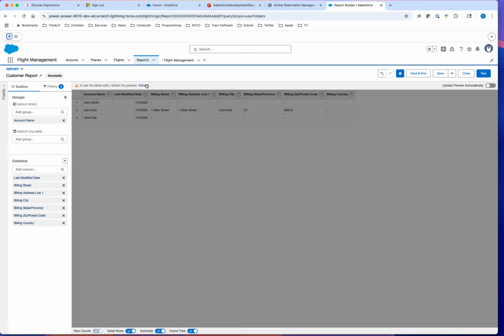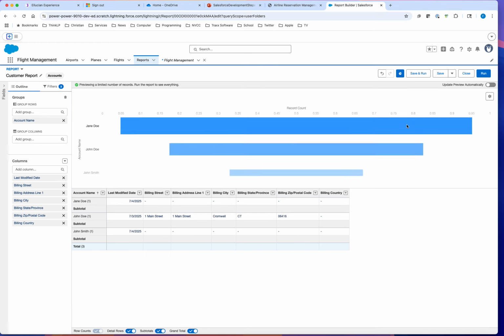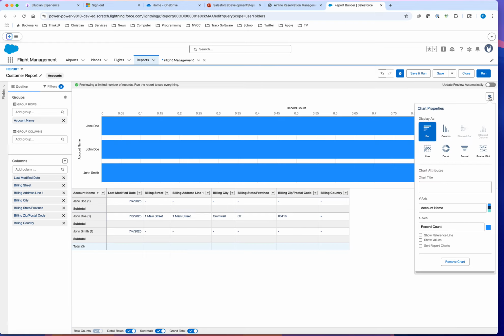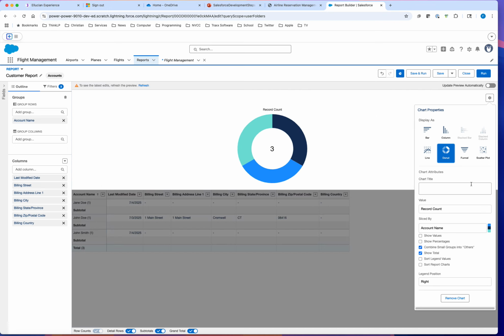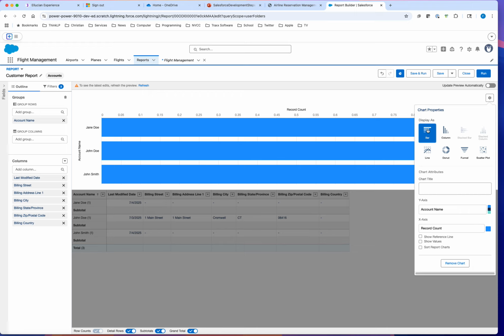I'll have to refresh this. There we go. So now I have my chart. And again, I'm just going to do a donut. It doesn't really matter what we put in here for now. So we'll just do a donut here. And let's see. Actually, for this one, I'm just going to do a different kind of chart here because I may want to reuse this. And what I want to do is maybe